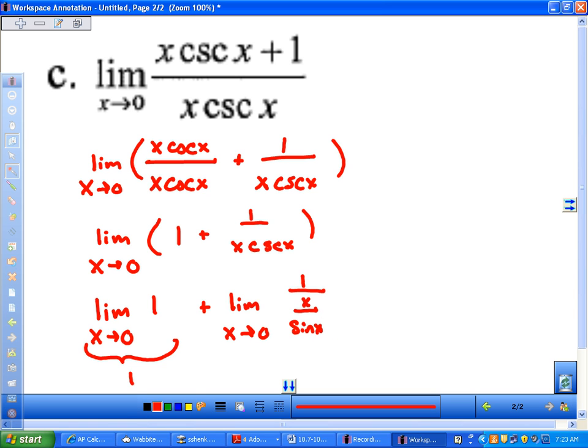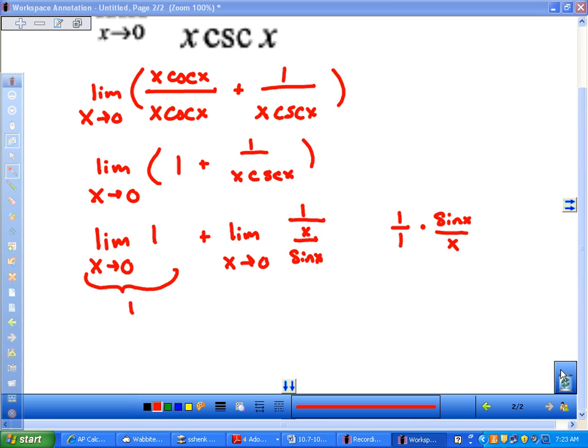And then how do we divide by a fraction? How are we going to divide by x over sine x? Multiply it by its reciprocal. So this here is really 1 times sine x over x. So as we keep going with this one here, it would be plus the limit as